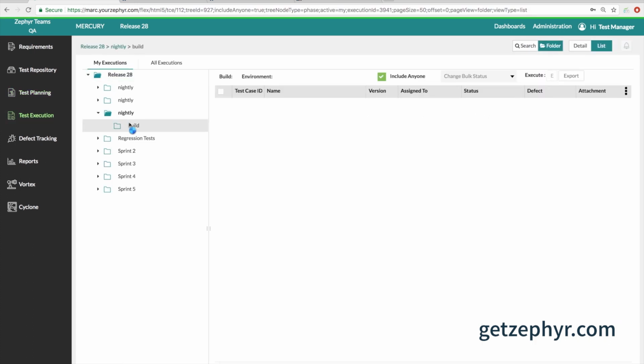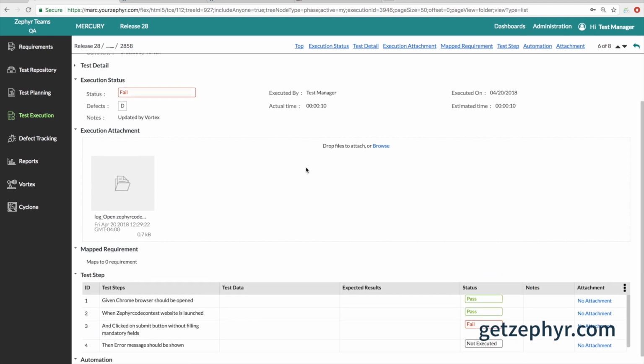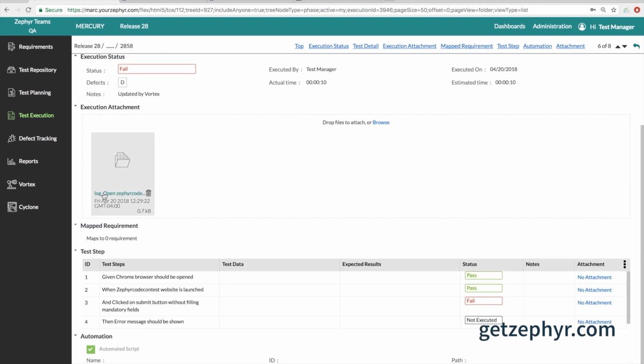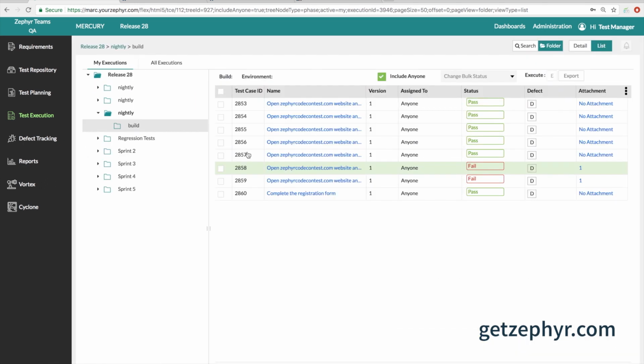So in this case, I can see all of the execution results from that build, including the ability to click into that build and see if there were any failures, see the log files that were generated, along with all of the steps. Since this was a Cucumber BDD test, I can see all of the steps that were also executed. This is great because now you can execute automation from directly inside of Zephyr, and you can collate all of these results along with your other testing